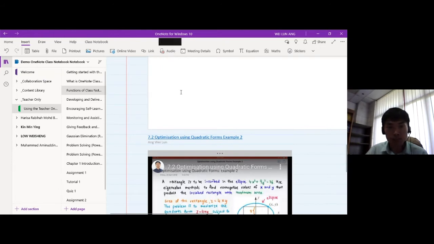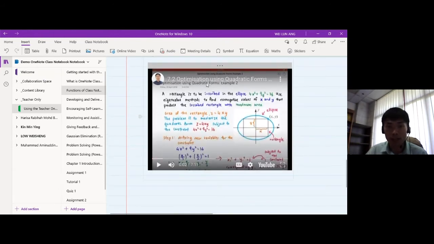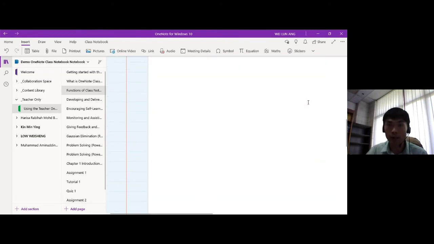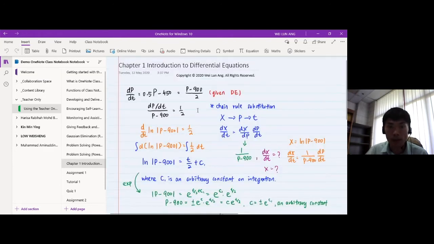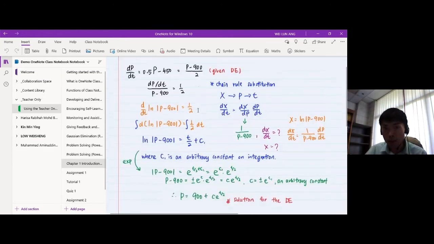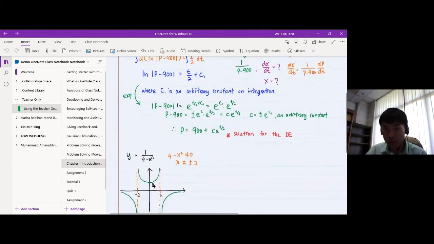Audio means that for a certain part of the notes, let's say you are having notes here, chapter 1. Now if you want to explain or provide additional explanations for these steps, you can use audio. Not only can the students view the notes in the form of text, but they can also listen to your additional explanation, because sometimes it's easier for us to insert an audio explanation on top of the text. So you can use the audio functions here.